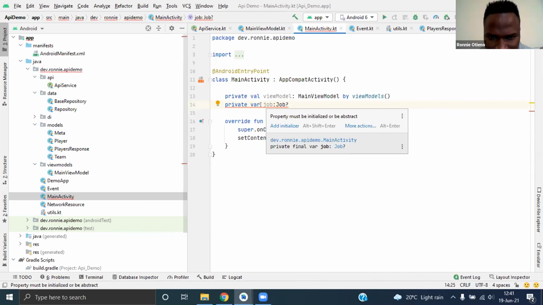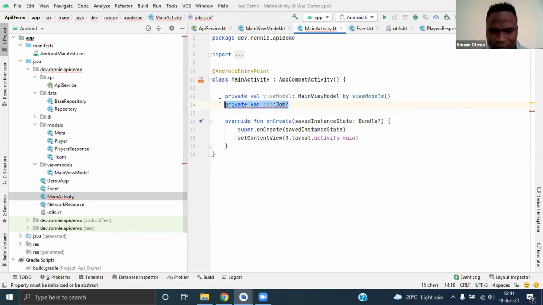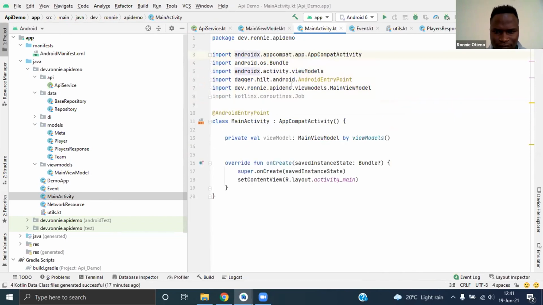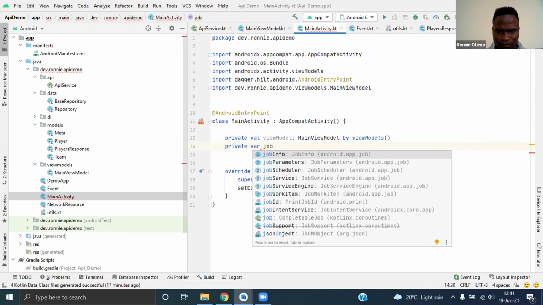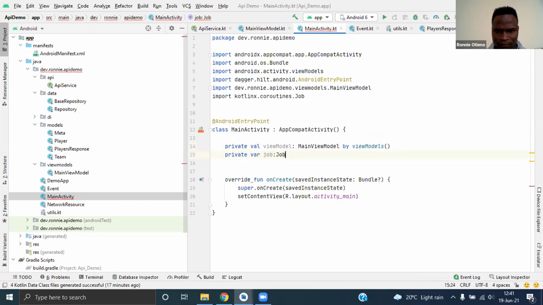You have to give it a default value. Okay.